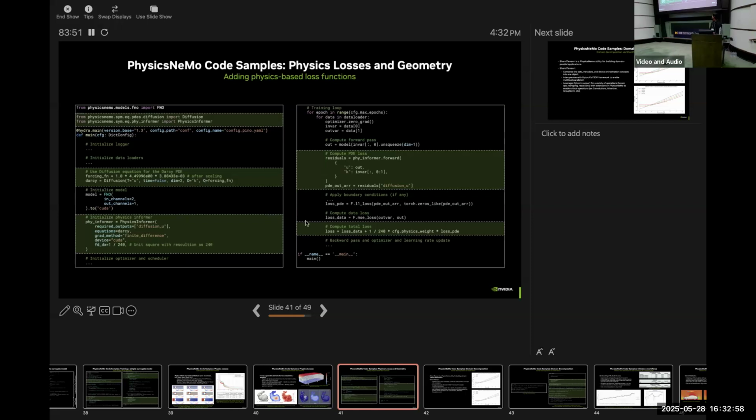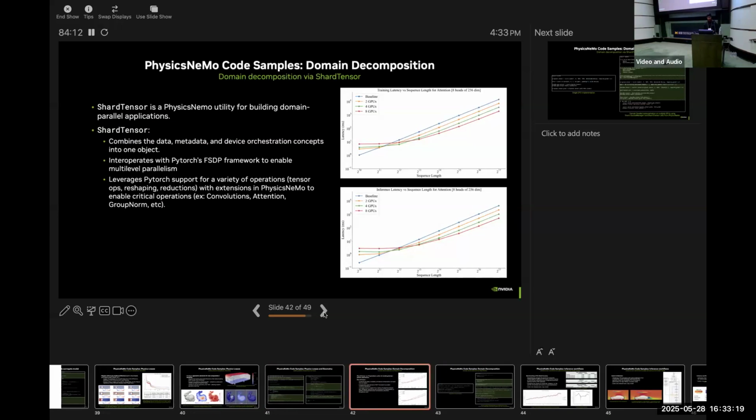So you have the data loss, which is nothing but an L2 error between your output prediction and the true output. But additionally, you're imposing this differential equation, that it needs to satisfy the diffusion equation. So this is one way that you could incorporate physics loss in the example.